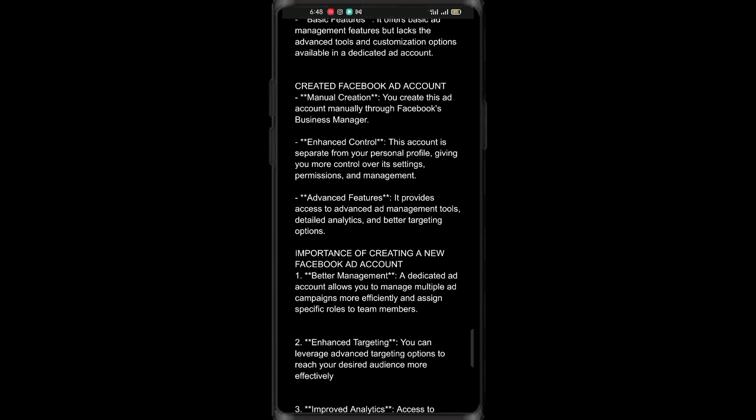Same thing is applicable here. Your business Facebook ad account should be separate from your personal Facebook ad account, giving you more control over its settings, permissions